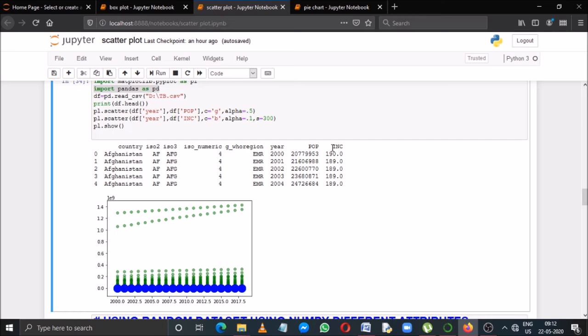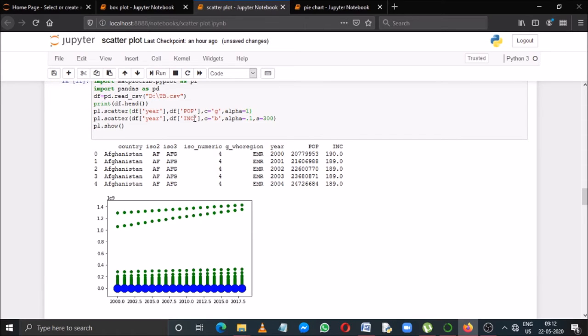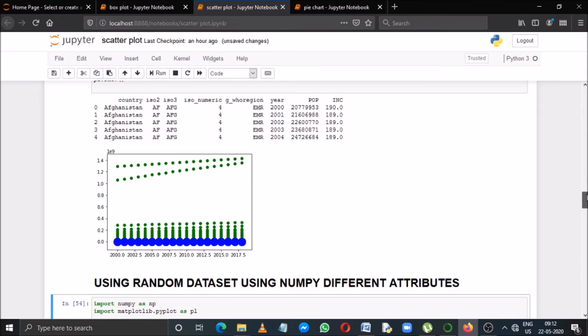See, here we can either use the alpha attribute or we can use the size attribute. Suppose for the alpha attribute, for the first one, if I make it 1, it will take some time. See, now check the points. You cannot understand a single point here at the bottom.